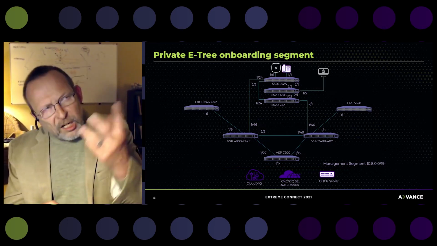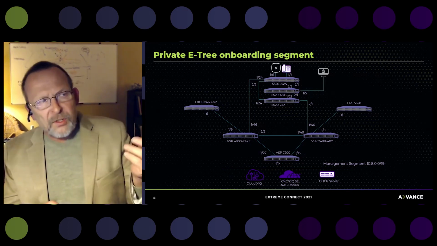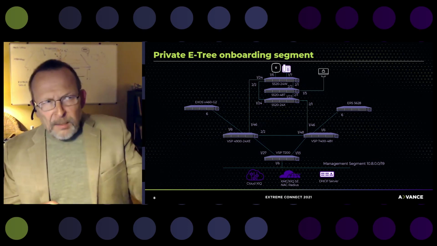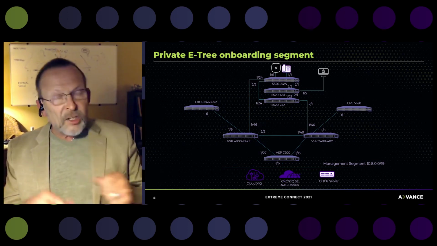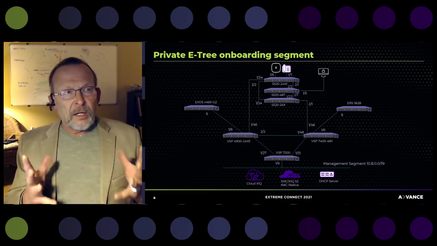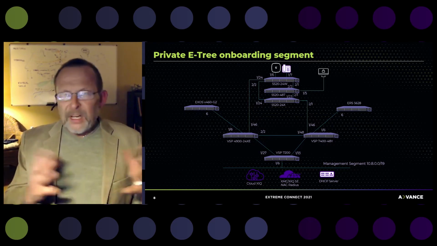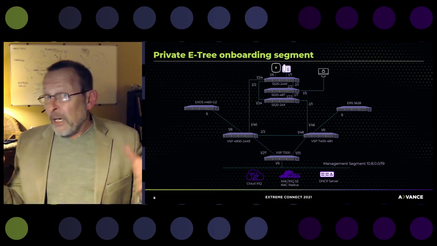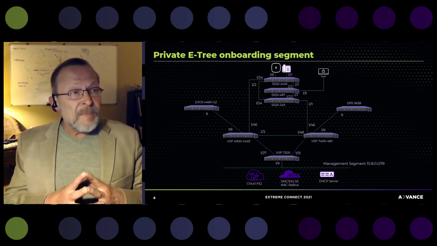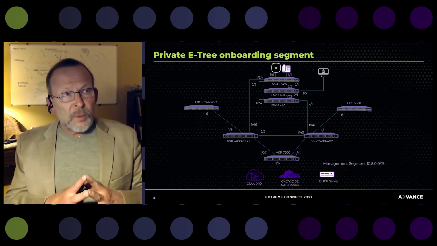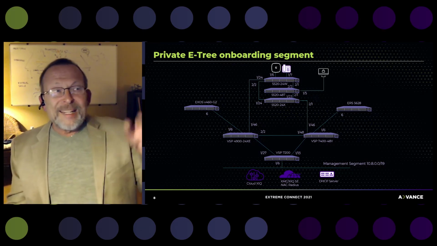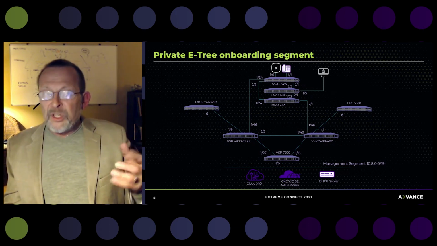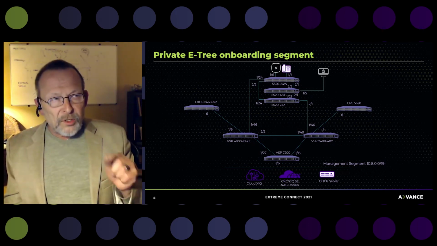So I just want to talk about this slide quickly because this is like a little rudimentary lab that we have here. On the bottom line, you can see that we have our management segment, and there we have our DHCP server. We have XMC, XIQ-SE. We have NAC RADIUS resources, obviously, and then we have a link to the cloud as well for XIQ. Note how the switch directly above the 7200 is connected up to this segment in port 6.